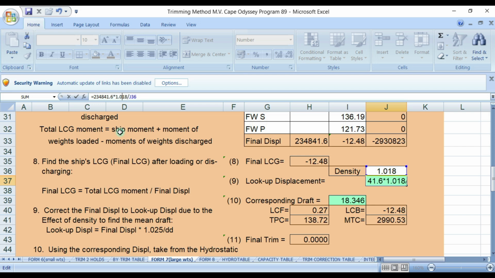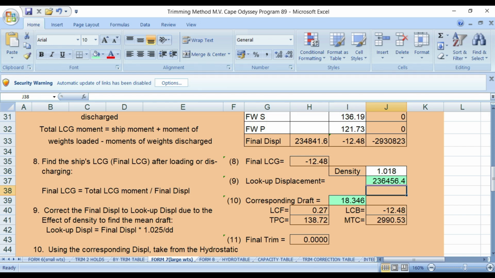Then it says here 1.025 over 1.018, which is J37, J36. Okay, then you press this one, then you will have a displacement of 18.346, which is this one, 23645.6.